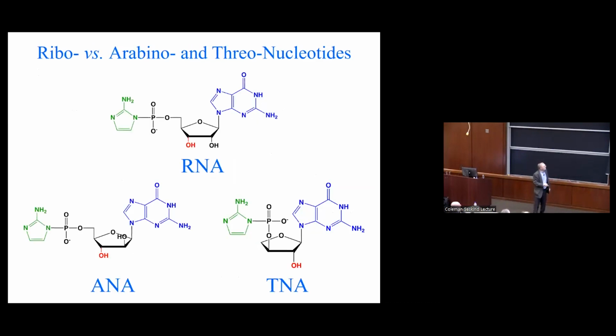All right. Okay, so here is just another look at those alternatives, focusing on the activated building blocks, the nucleotides. Again, they're very similar in overall structure. It's just either this hydroxyl points down or up, or this carbon is missing, and you have a smaller sugar here. So why do we think these are interesting, and what's the real issue?